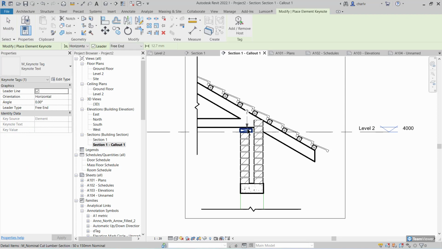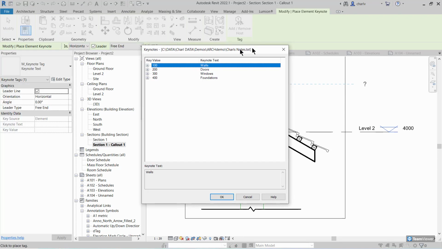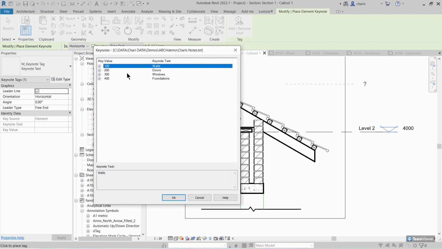You can then use that Keynotes tool to annotate objects. Now this one isn't set up, but if I want to set it up, there is a way. So this is one that I've set up earlier. It's my little database, but it doesn't perhaps have any